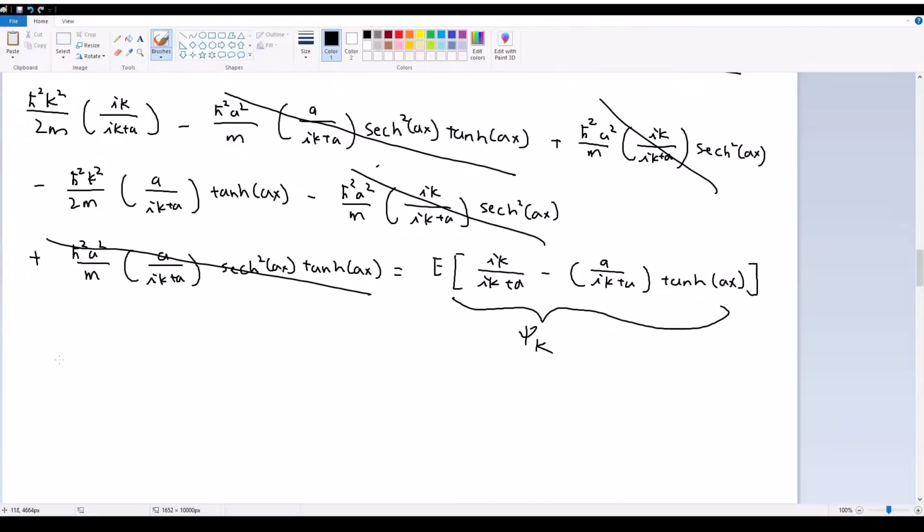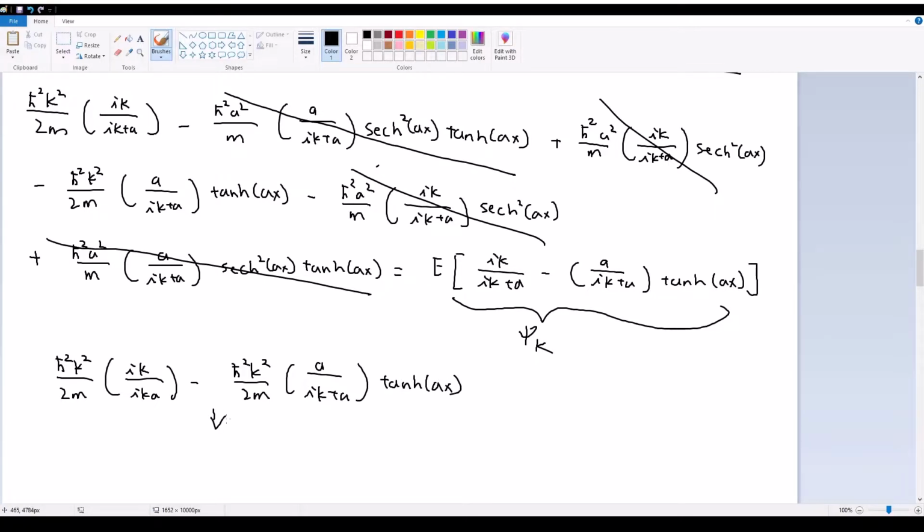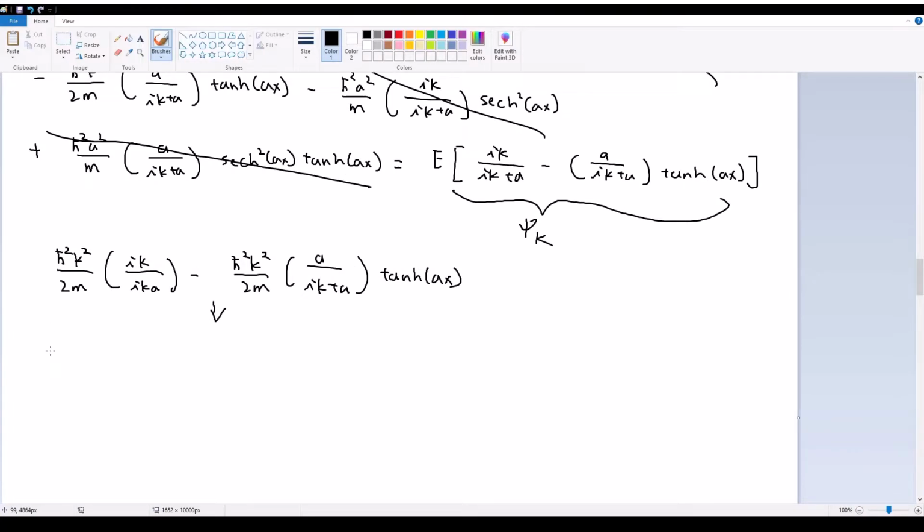We have h bar squared k squared over 2m times ik over ik plus a minus h bar squared k squared over 2m times a over ik plus a times hyperbolic tangent ax, which then immediately simplifies down to h bar squared k squared over 2m times